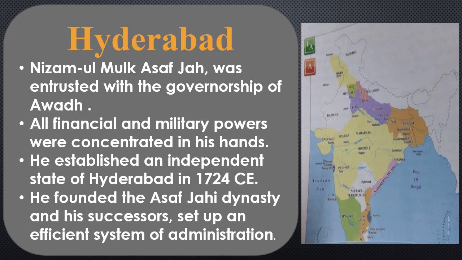As the Mughal governor of the Deccan provinces, Asaf Jah had already gained control over its political and financial administration. Taking advantage of the turmoil in the Deccan and competition amongst the court nobility, he gathered power in his hands and became the actual ruler of that region. All financial and military powers were concentrated in his hands. He established an independent state of Hyderabad in 1724. He founded the Asaf Jahi dynasty, and his successors set up an efficient system of